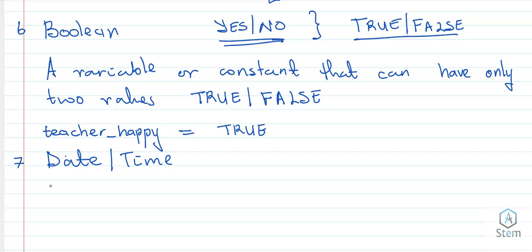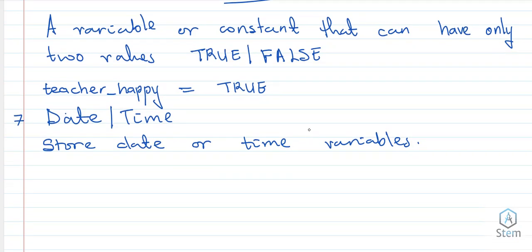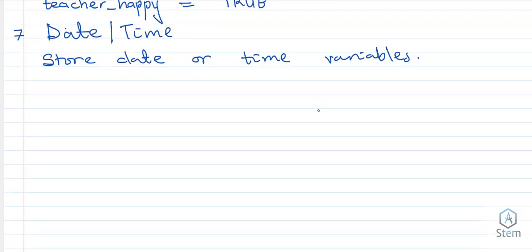We use it to store date or time variables or constants. So that's the date time data type. For example, my birthday. My birthday is on